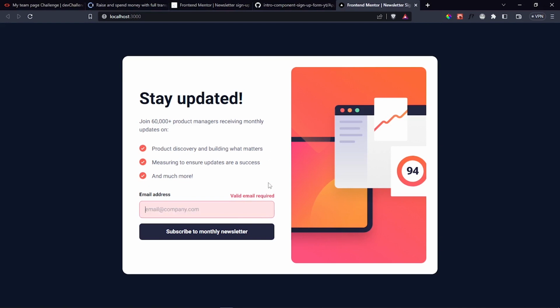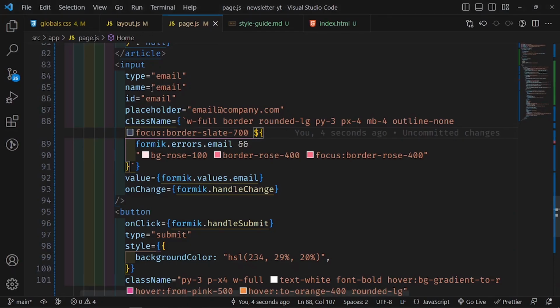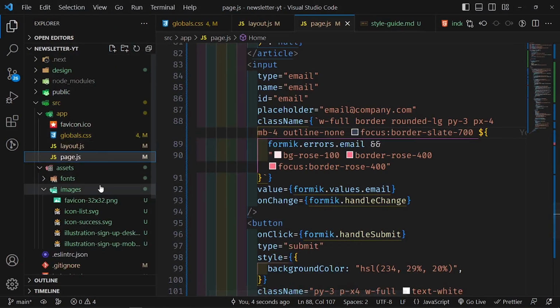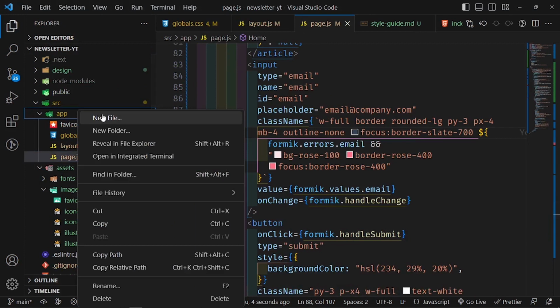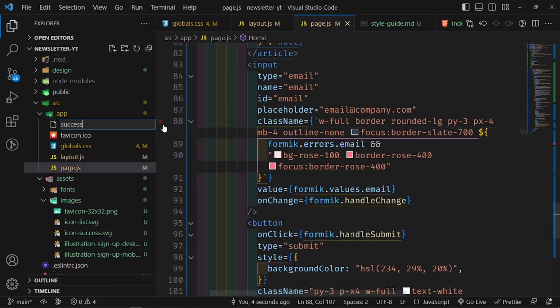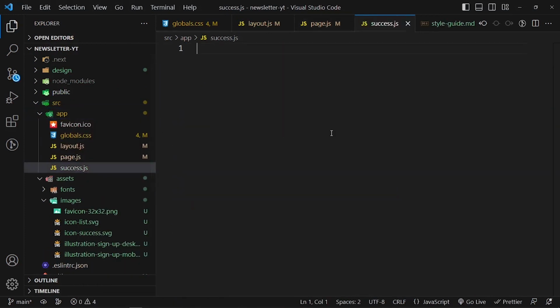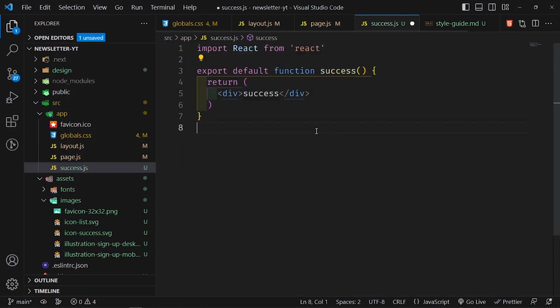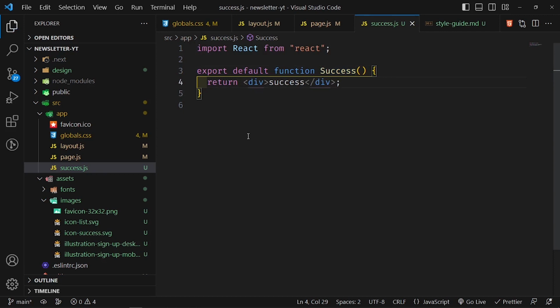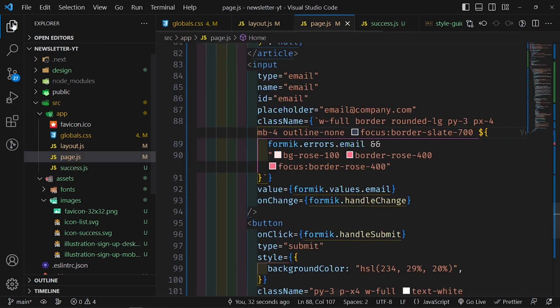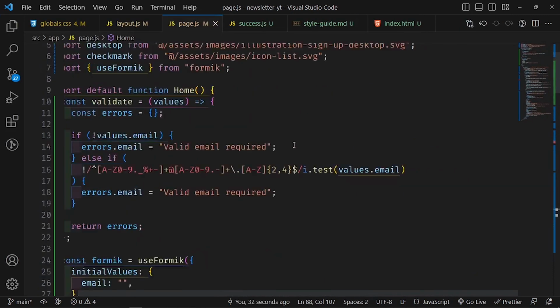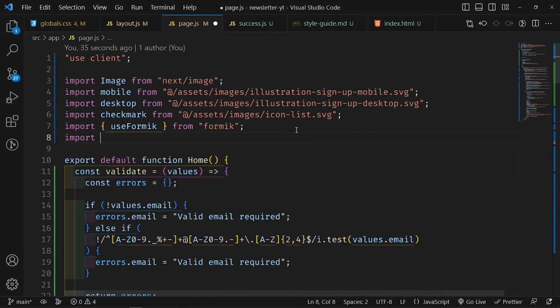Now all we need to do is add our success state. So the first thing that I'm going to do is create a new component here. A new file that I'm just going to call success.js, and then inside here I'm going to say RFC, and then change this to capital. Remember to change this to capital, and then this is going to say Success. Then inside our page we want to import Success on top. So let's go ahead and say import